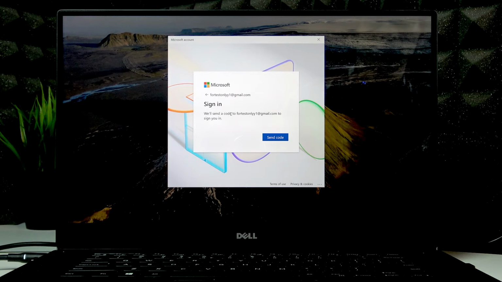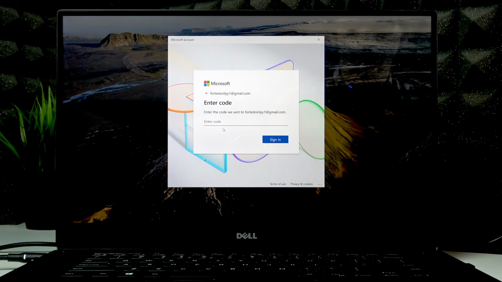But in this video I will show you how to restore a PIN account if you're using a Microsoft account to sign in to your laptop. So press send code, and then once you receive a code on your email which is connected to your Windows account, input it right here. Okay, so let me input the code that I received